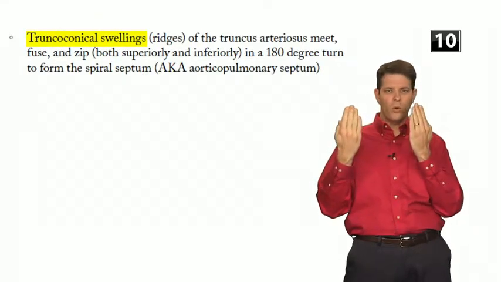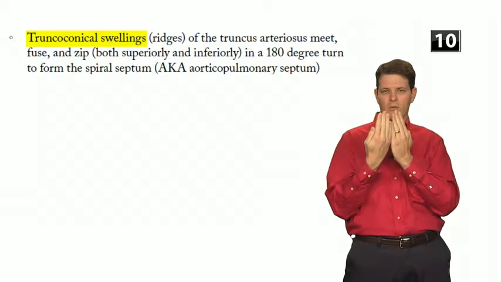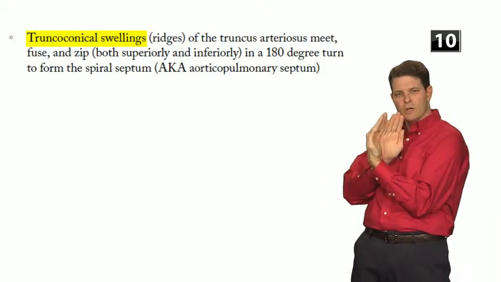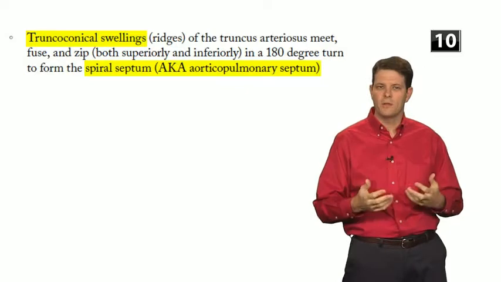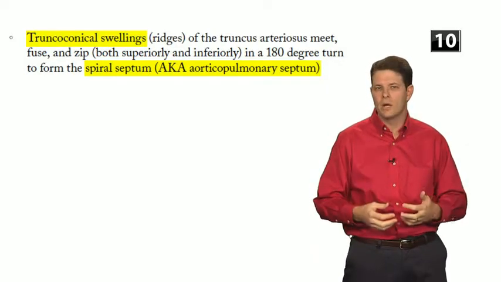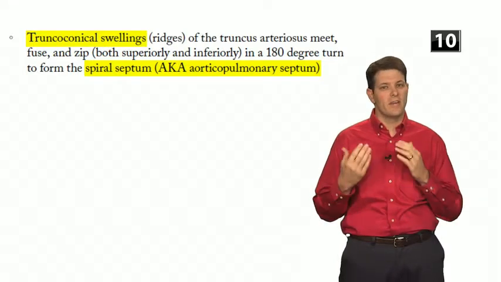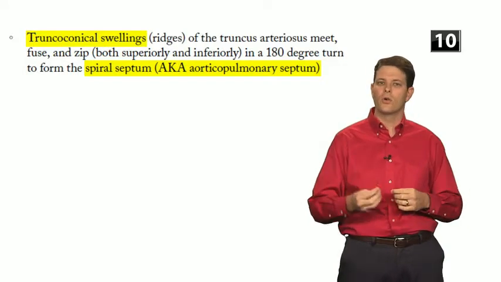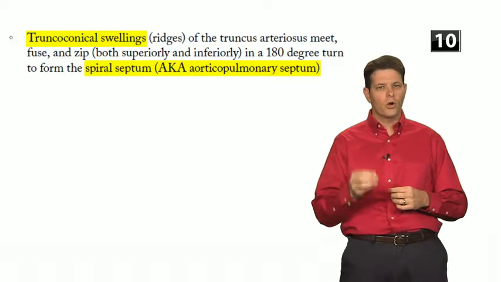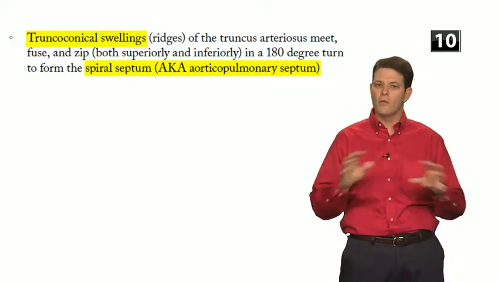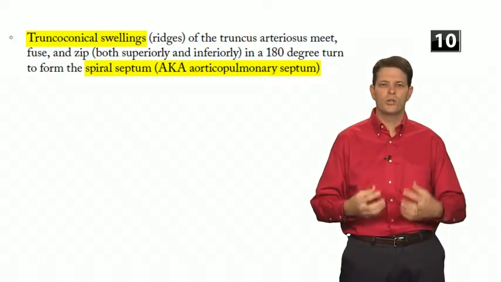These ridges grow toward each other until they meet in the middle, and they sort of do a 180-degree spin move to form what we call the spiral septum, or the aorticopulmonary septum. And remember, the cells that form the truncus arteriosus and this aorticopulmonary septum come from neural crest cells. Remember, neural crest cells migrate from the neural crest all over the body, and they're involved in these crucial intricate